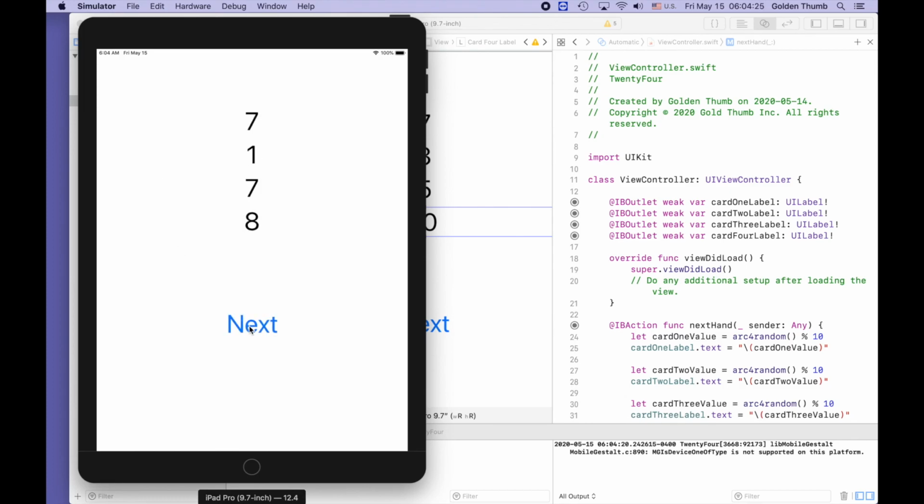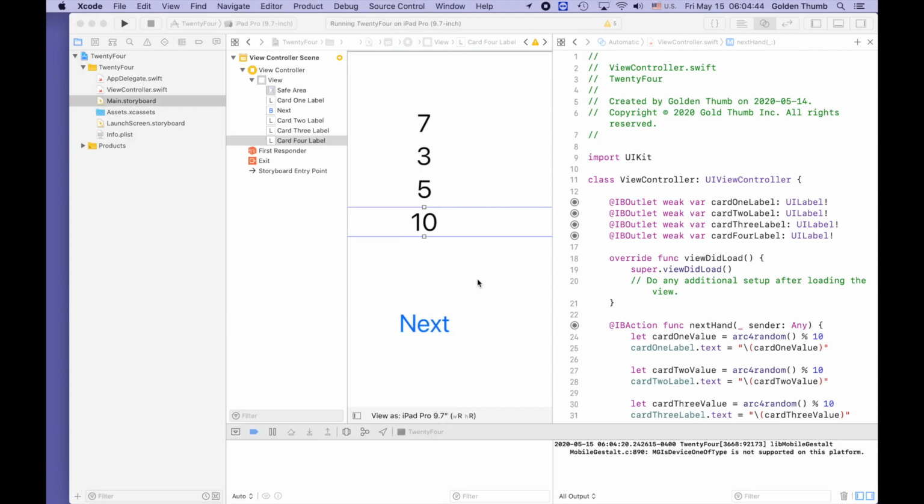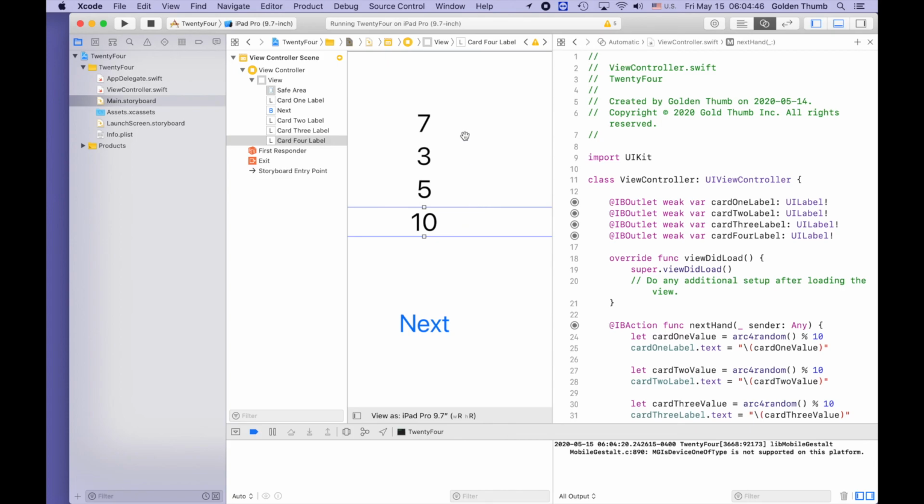Next. Wow. It's playable. It's a real 24 game. Next. Next. Next. Wow. Next. Next. Let's make the font size bigger so we can